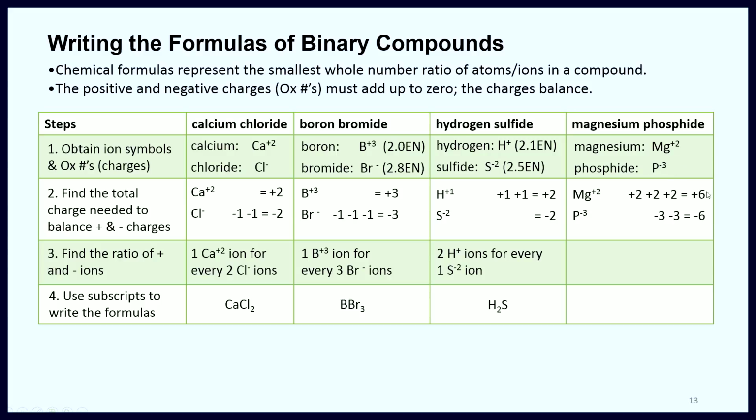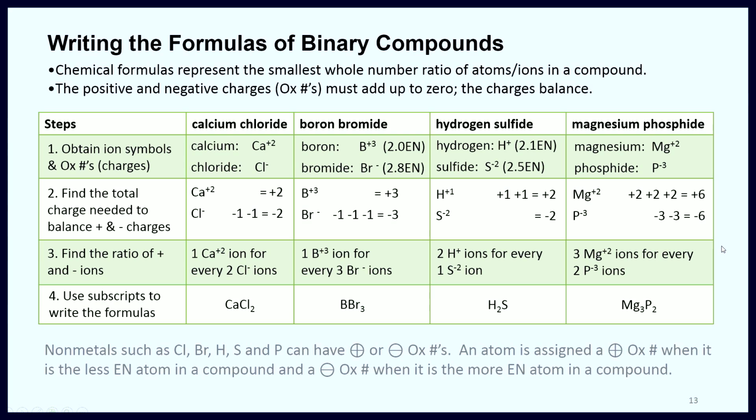We need to find the lowest common multiple of odd and even numbers, and that would be 6. If I had 3 magnesium +2 ions, the total positive charge is +6. And if I had 2 -3 phosphide anions, the total negative charge would be -6. That would balance the charges. So 3 magnesium +2 ions for every 2 phosphide -3 anions. And the formula, therefore, is